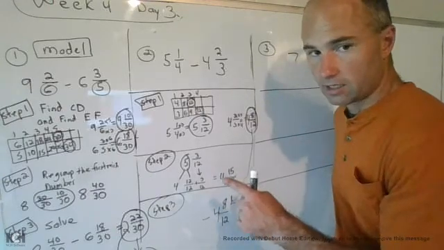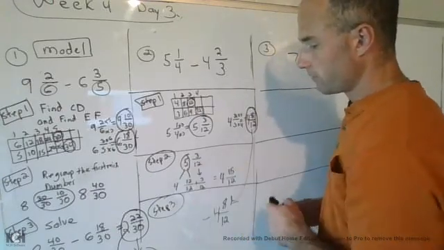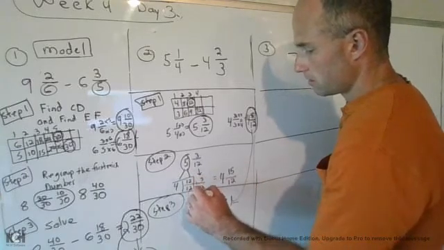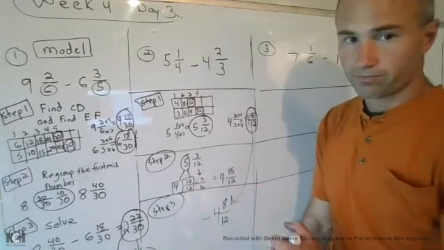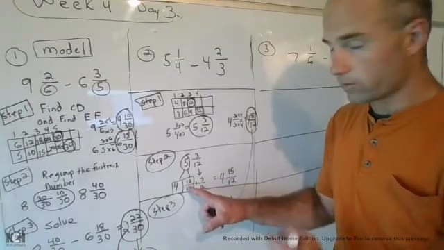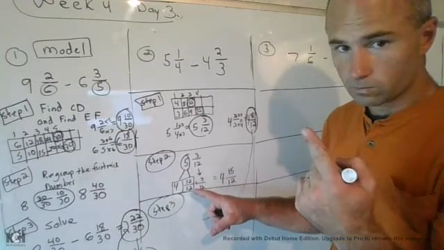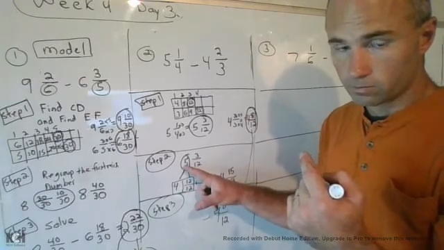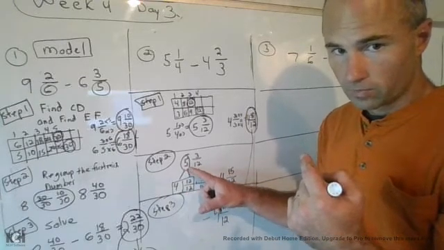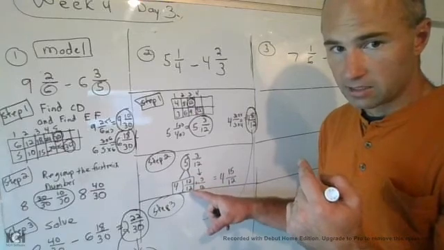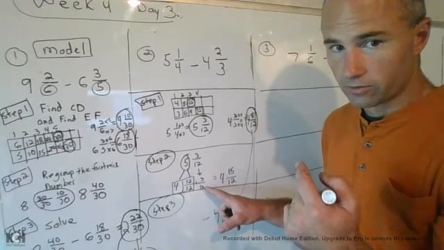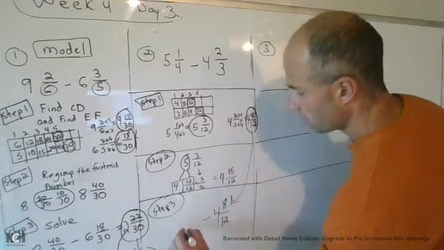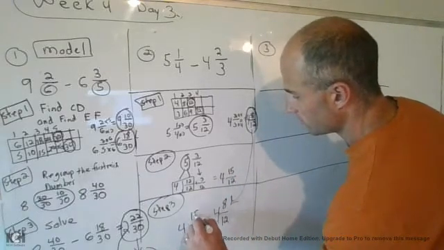So think about that again. I broke up the 5 to become 4 and 12/12. Remember, 12/12 means 1? So 4 plus 1 equals 5. Part, whole. Now I broke this up because I need to add it to my fraction of 3/12. Then I end up getting 4 and 15/12, 4 and 15/12